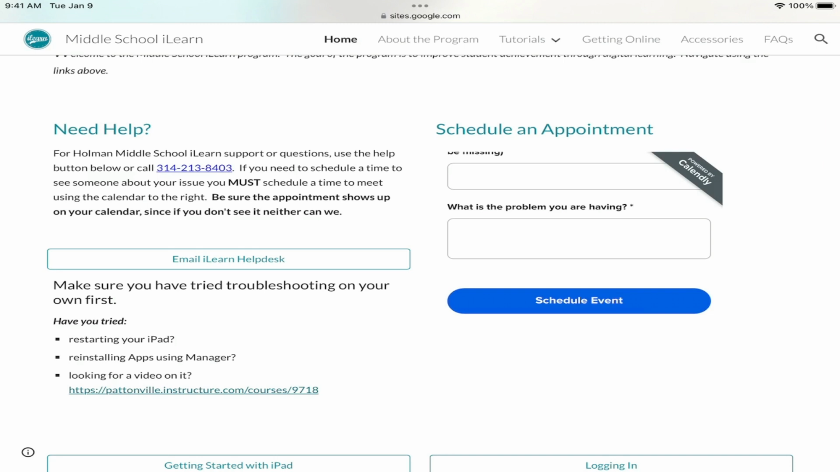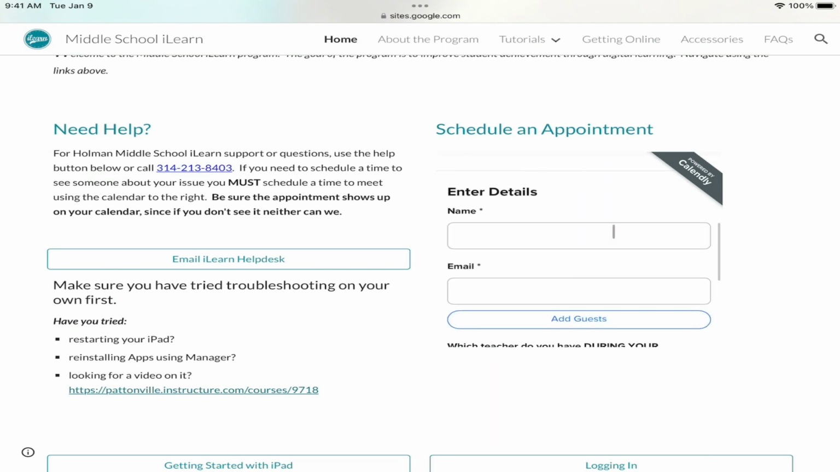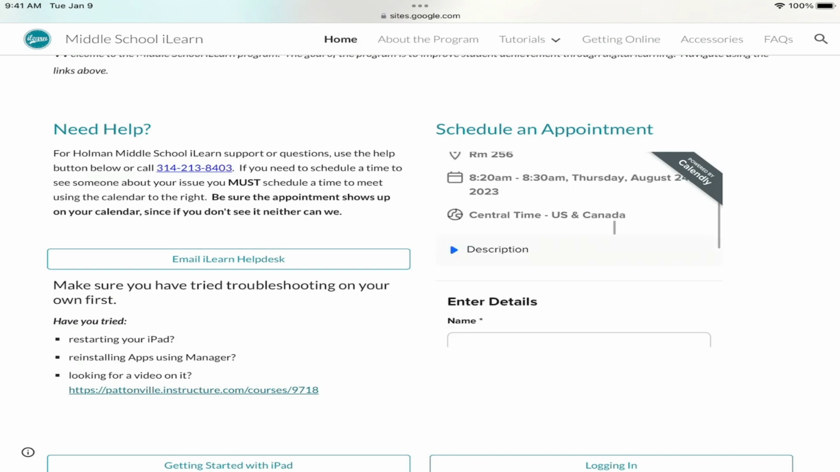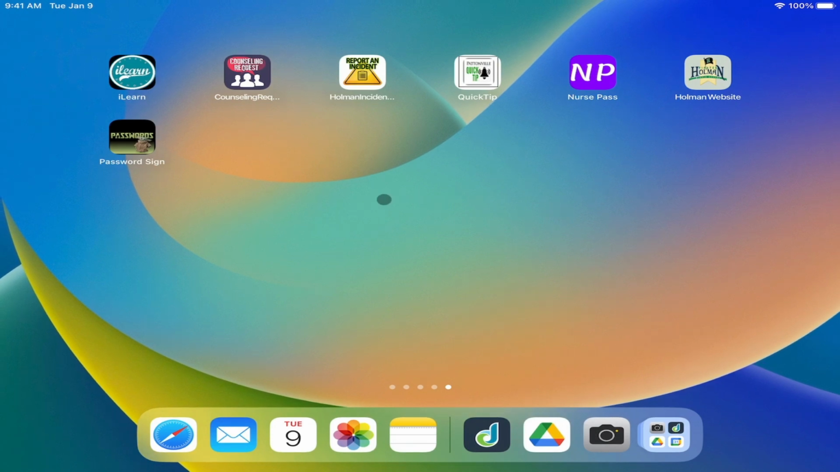Once I do that, that will add the appointment to your calendar. And when that time comes to go to your iLearn appointment, simply let your teacher know. And as long as that time is still good, they will send you down to the iLearn Center to get your device looked at. Another tool, and this is a new tool we have this year, is the counseling request